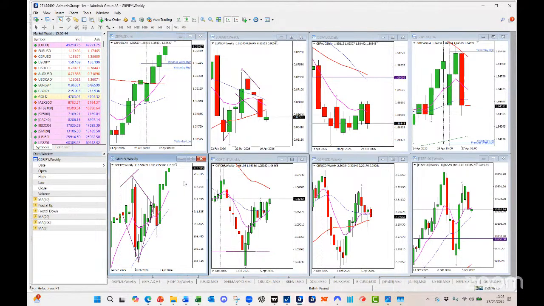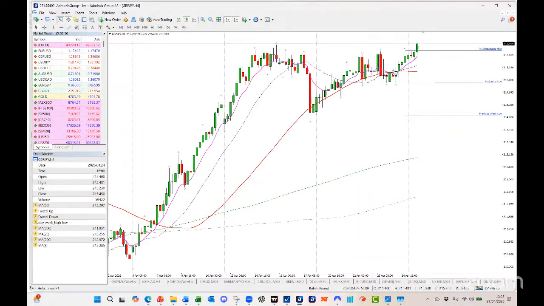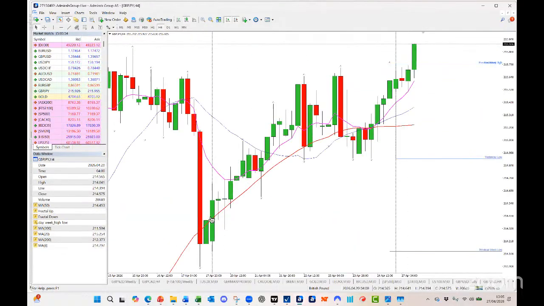Pound against Japanese yen as well has been strange price action there. I was looking at it here. Yeah, we were looking at it last week, weren't we? This is the 4-hour chart of pound yen. I was talking about how it was just kind of hugging, sat on the 50. All right, sat on the 4-hour 50.